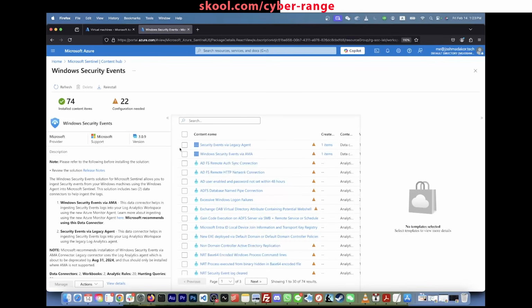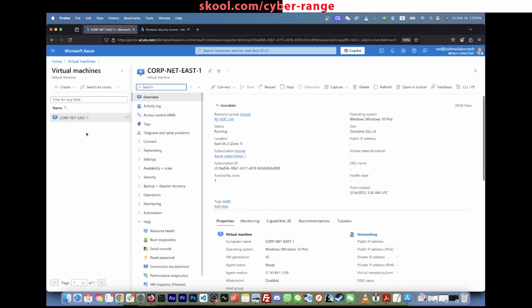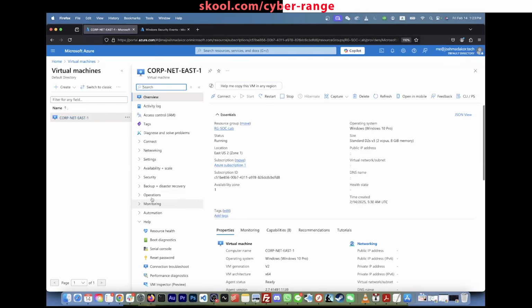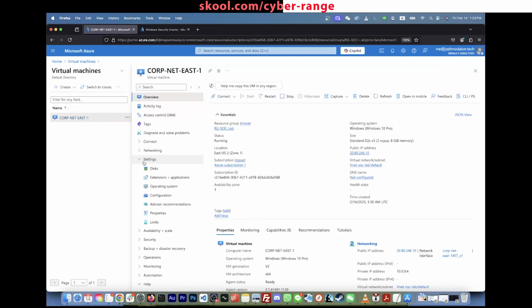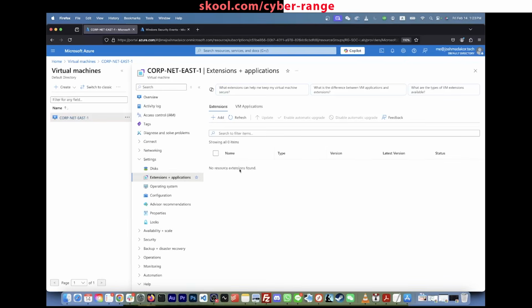And then while we're doing this, before we do this, go ahead and open up another tab. I just want to show you something. Click on your virtual machine here, and then go to, I think, Settings. Yes, and then go to Extensions, and then you'll notice something. Just leave it on the screen here for now,